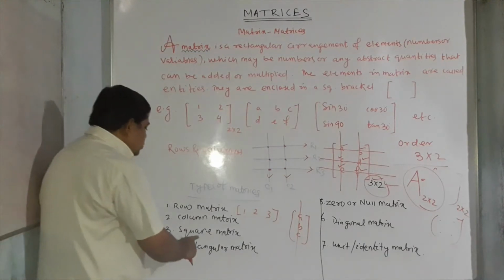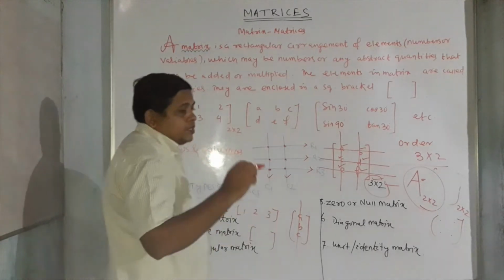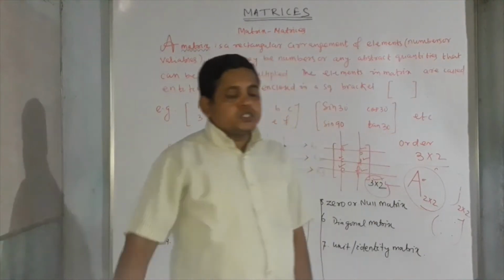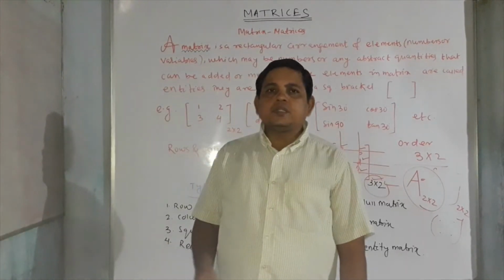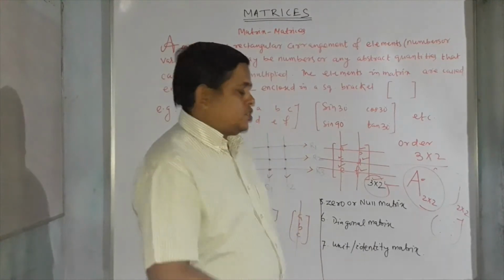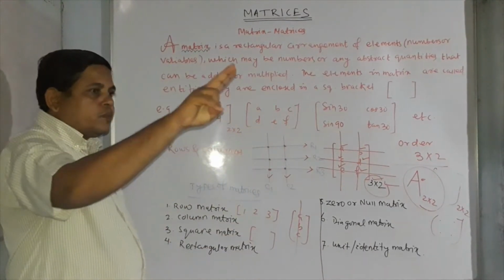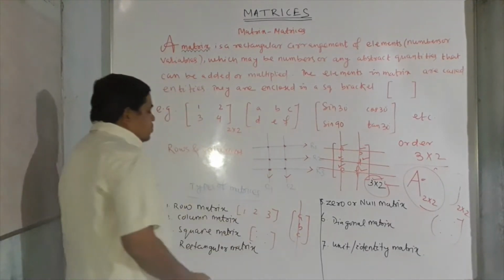Then after that, the square matrix. Square matrix means square, whenever it comes. When I gave the example, a mason came to your house and measured the room as 12 by 12. That means 12 is the length and 12 is the breadth, so that room is square sized. Similarly, a square matrix means the size is the same. That means the number of rows is equal to the number of columns.